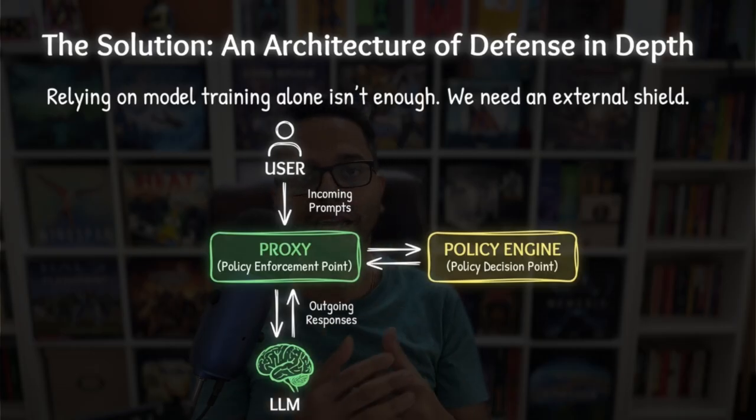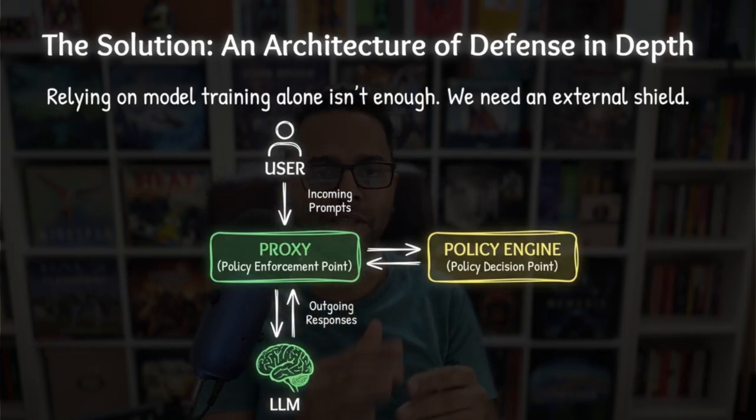And policies can be different. So policies can be things like, hey, let's say this model is there as a support bot for the organization. If someone is asking any other question which is not a support-related question, don't even let the LLM know. The proxy should handle that. And there are many ways these can be handled. You can create your own guardrail as a service. You can create a holistic proxy or policy enforcement point. Or if you just have one or two systems, you can create a policy engine around that, right?